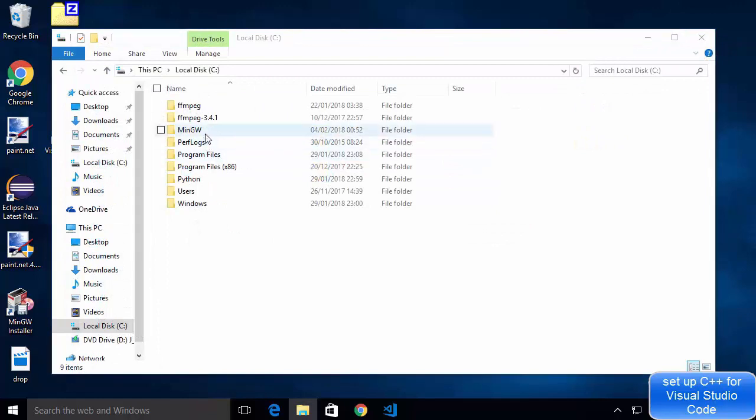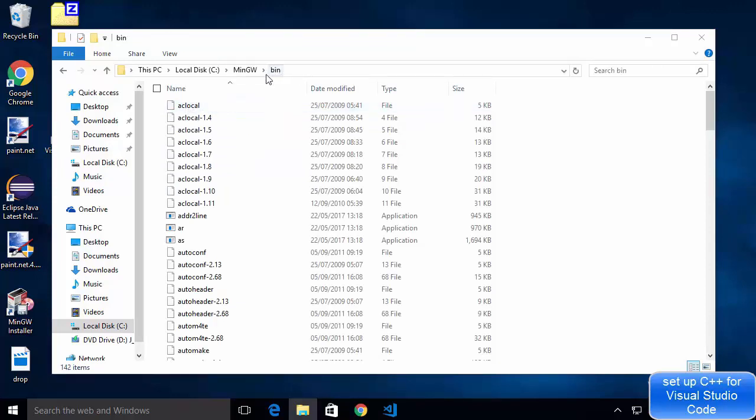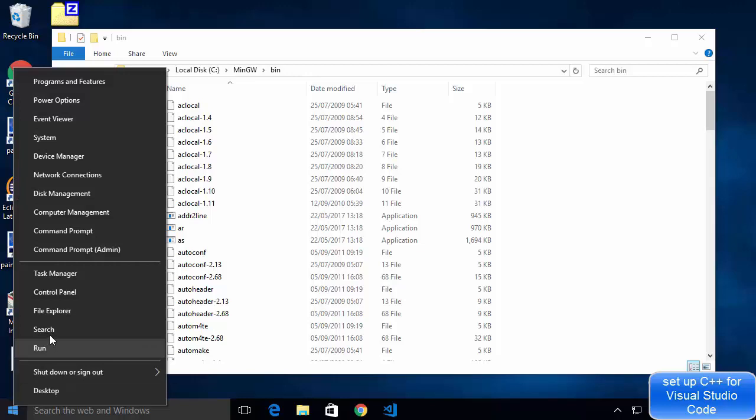So I'm going to just go inside this directory and I'm going to go inside the bin folder inside this MinGW directory, and I'm going to copy this path and add it to my environment variable. So just copy this path up to bin and then right click on your start button here and then just search for system.